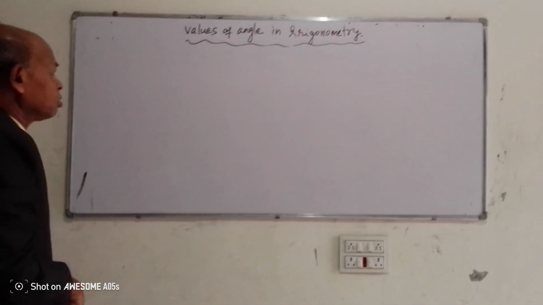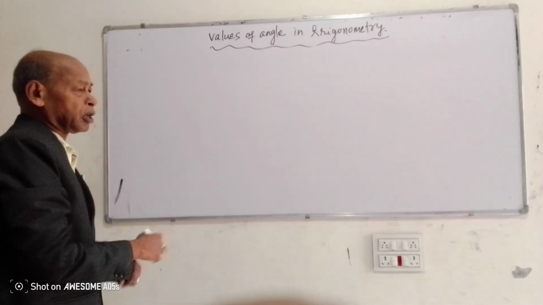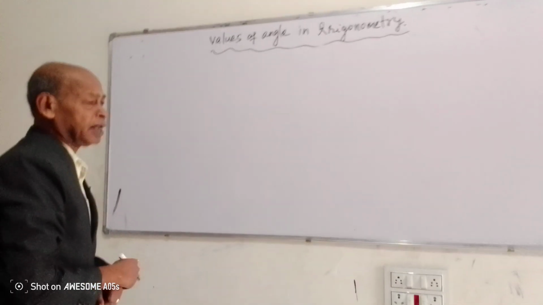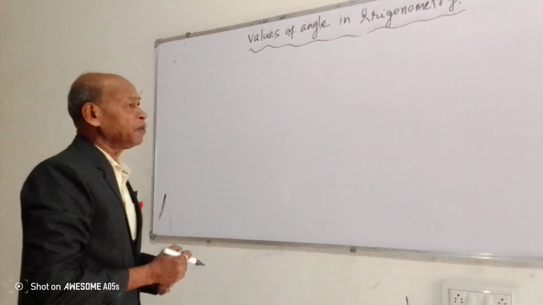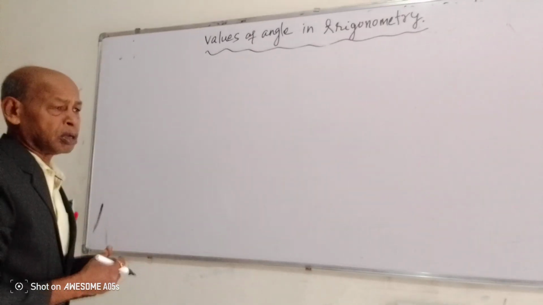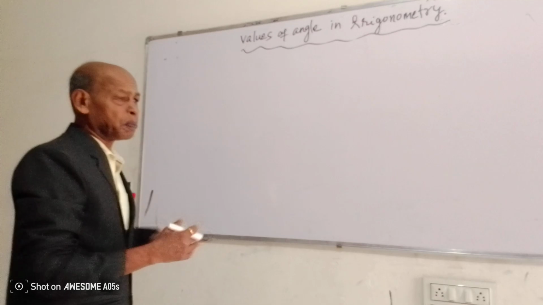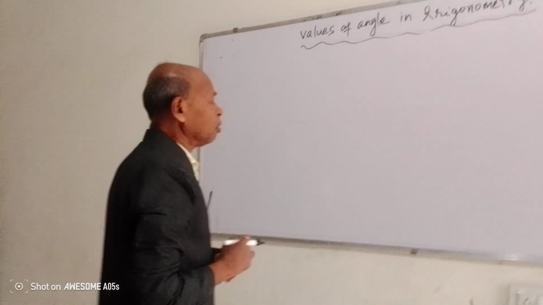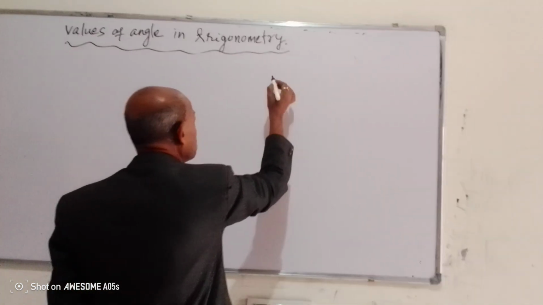Let us discuss how to find the trigonometric values of angles like sin 0, sin 30, sin 60, sin 45, all these things. Similarly, we find the values of cos 0 and tan 0 and the other values of the angles also. So now we will proceed to find the values for 0 degree.